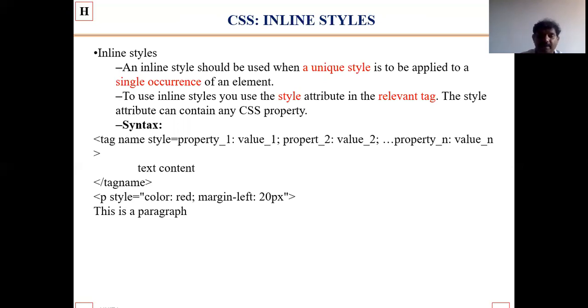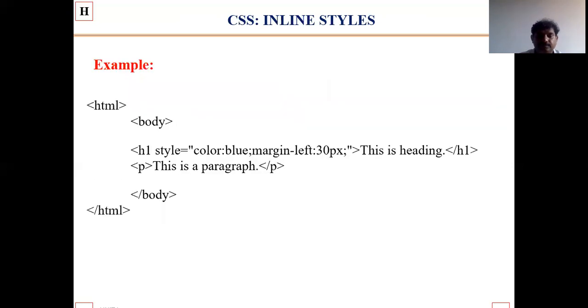This is the paragraph. A simple program for the inline style sheet. Opening tag HTML and opening tag body. Now I am using the header H1. We have 6 headers: H1, H2, H3, H4, H5, H6.